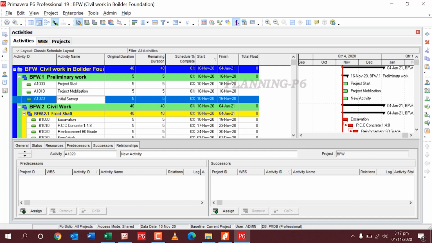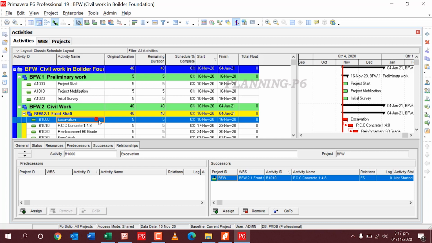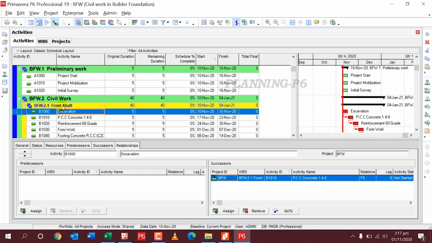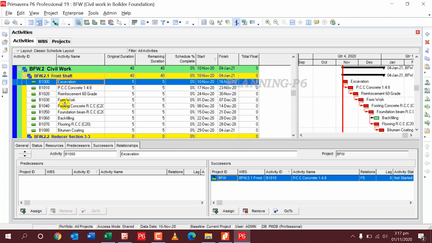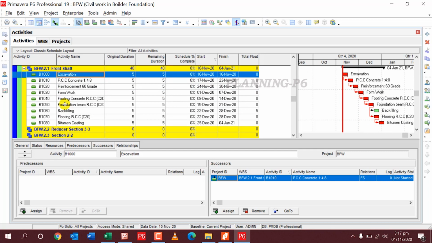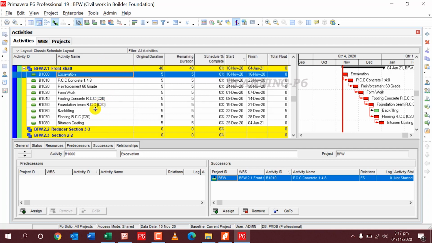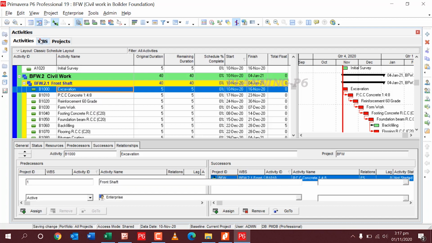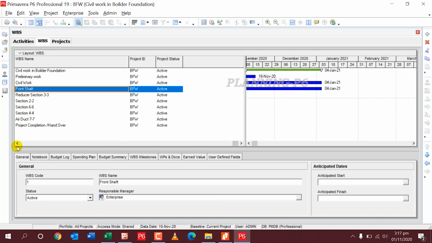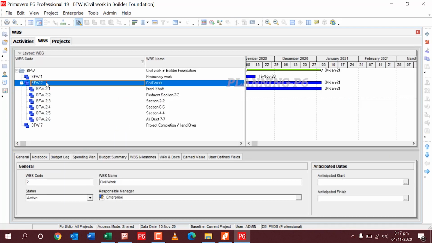Before excavation there is a layout, but I skipped that activity, as I am just focusing on BOQ. Excavation work section. I will just go for WBS, and I will write here a name of survey work.